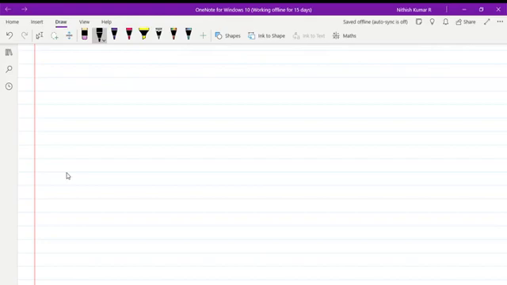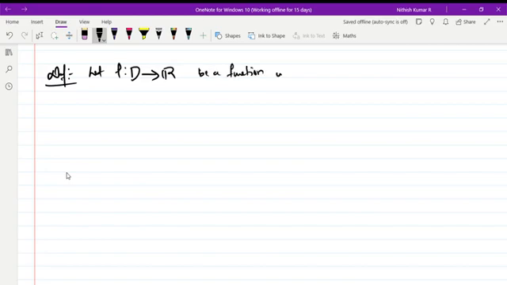We shall continue our discussion. So the next definition says, let f from D to R be a function, where